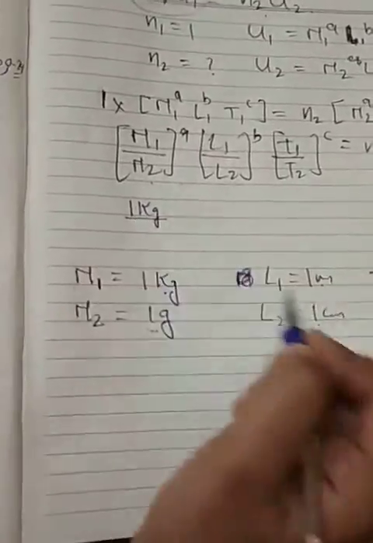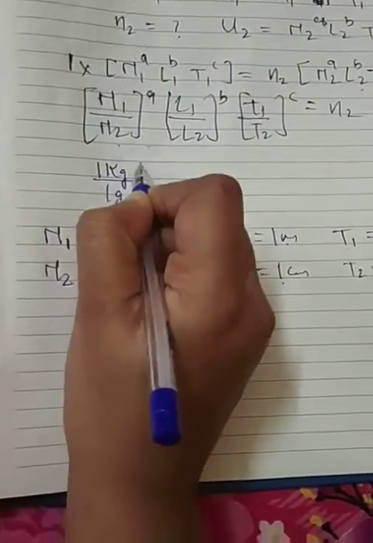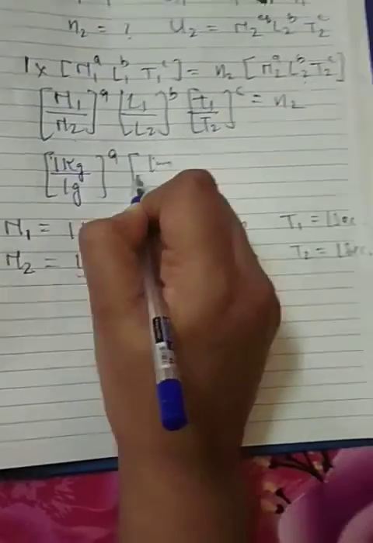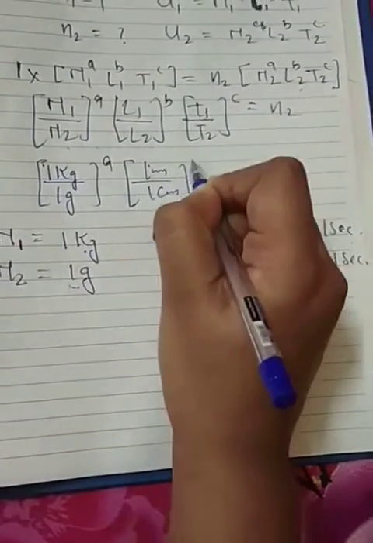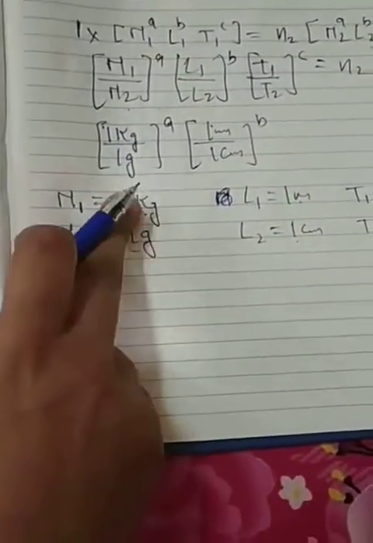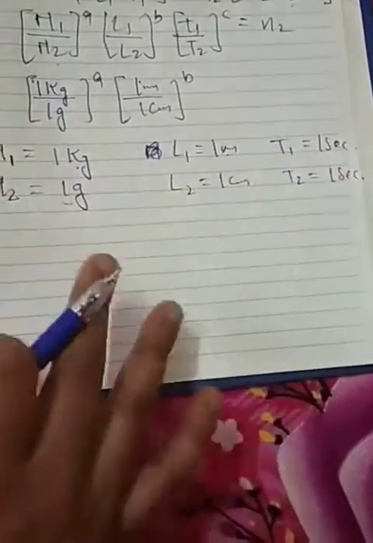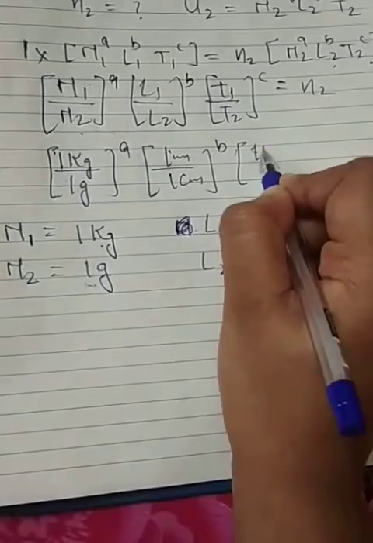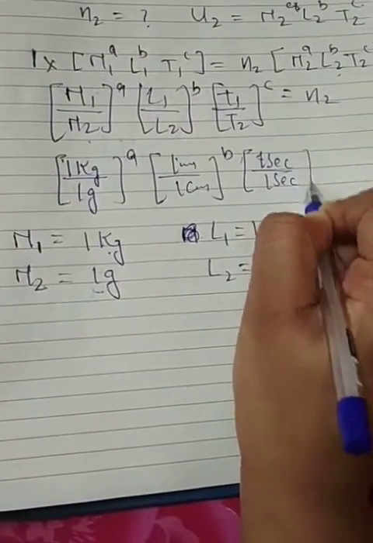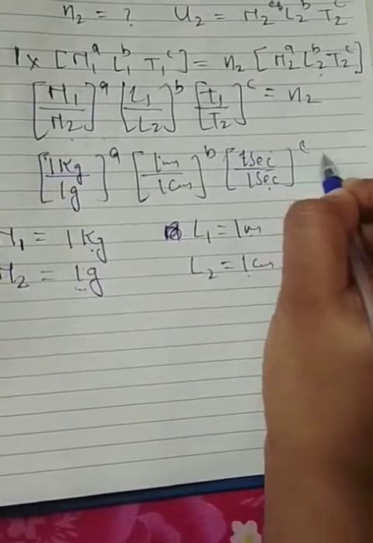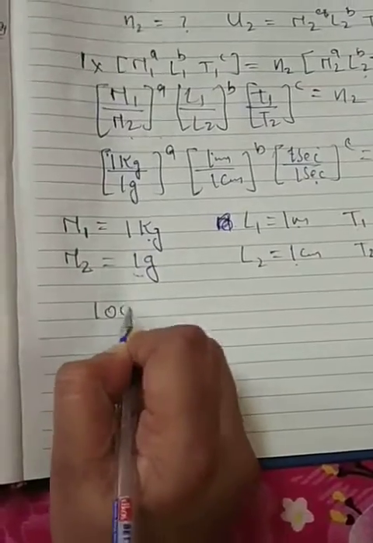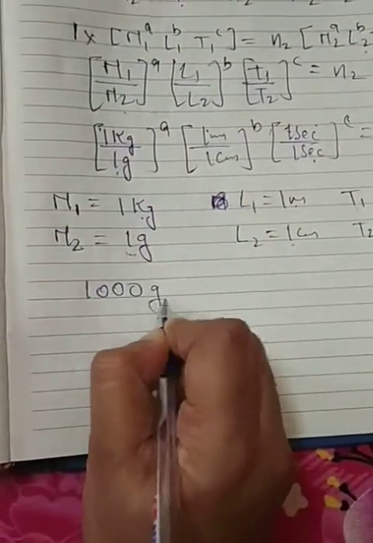Okay, M2 is equal to, now can we put all these numbers in this? So M2: 1 gram to the power A, L: 1 meter upon 1 centimeter. It just so happened in this question 1 kg, 1 gram, 1 meter, 1 centimeter, 1 second, 1 second. The case will not be the same in all the questions. We will deal with that type of question also. 1 second upon 1 second, because in CGS and in MKS system we just have seconds. Okay, so 1 kilogram means 1000. 1 kg is equal to 1000 grams. So can I write 1000 grams?